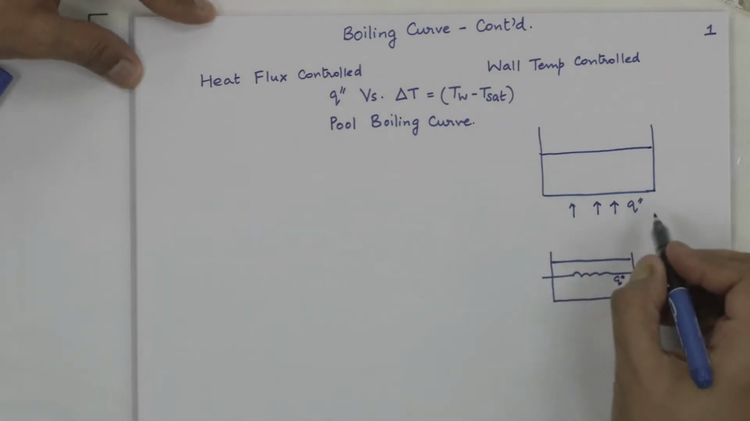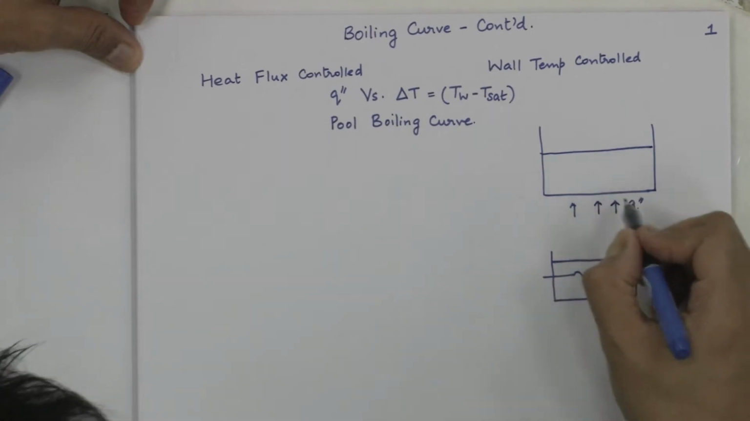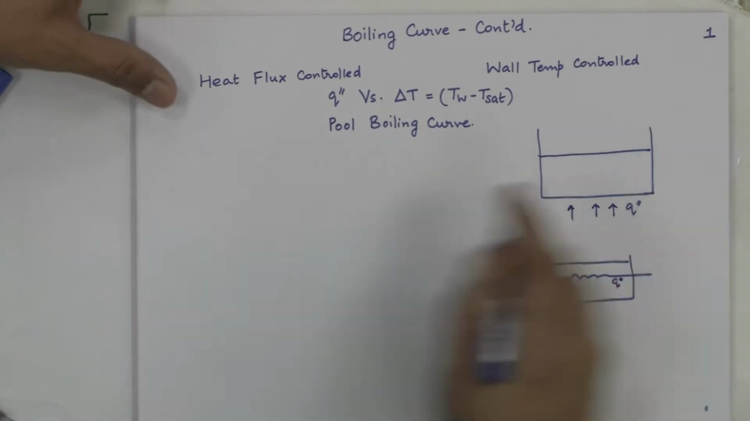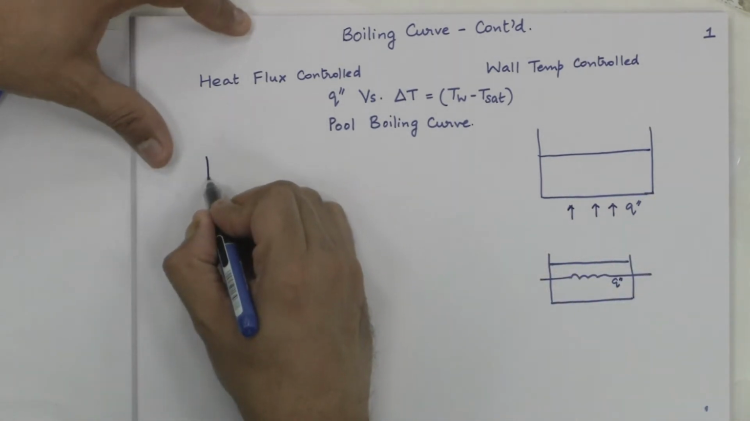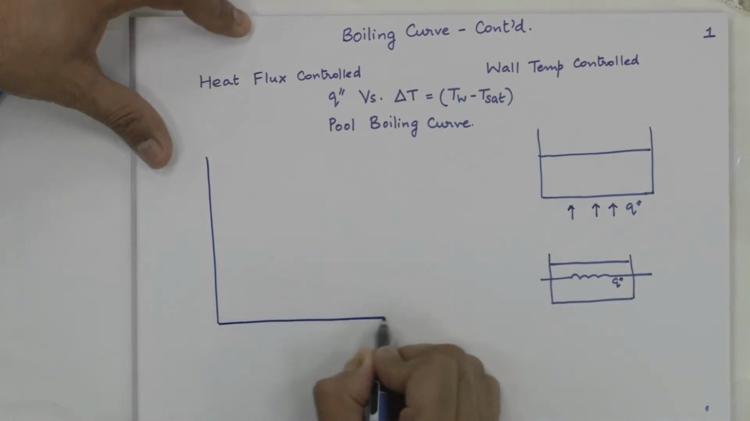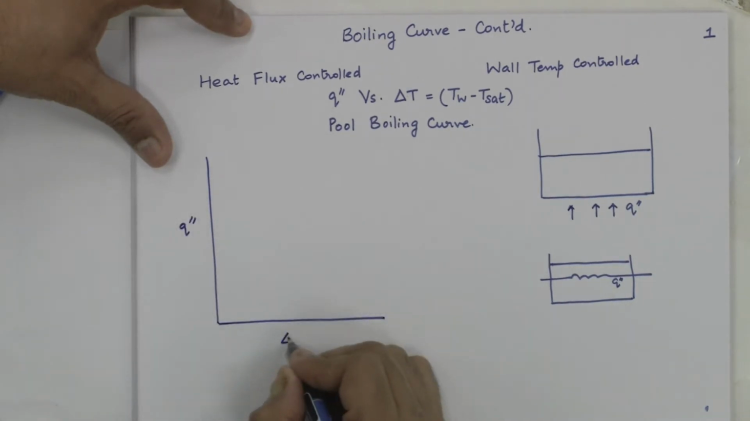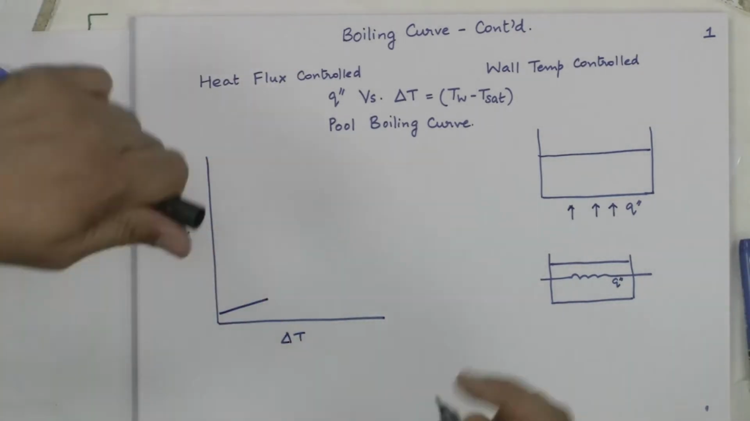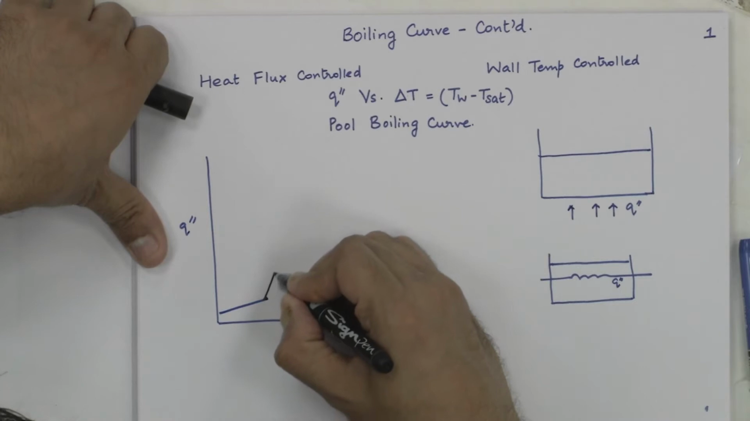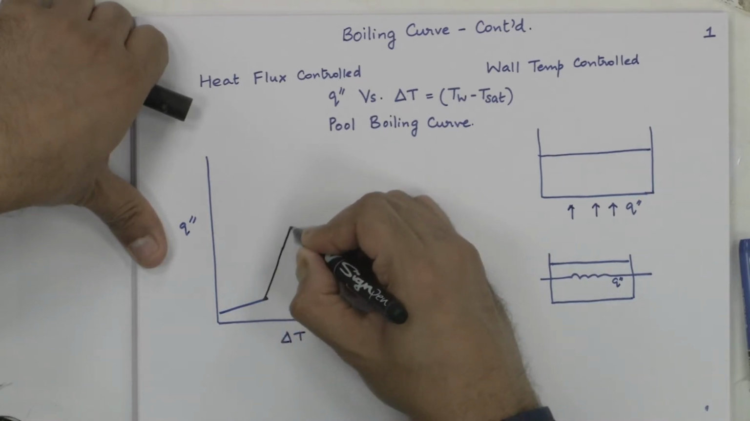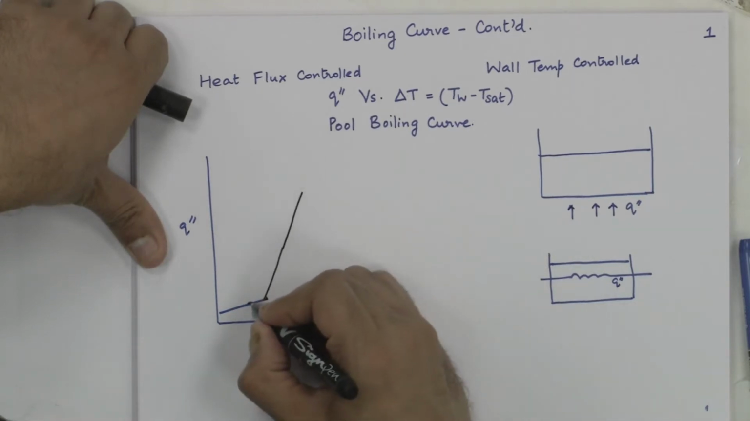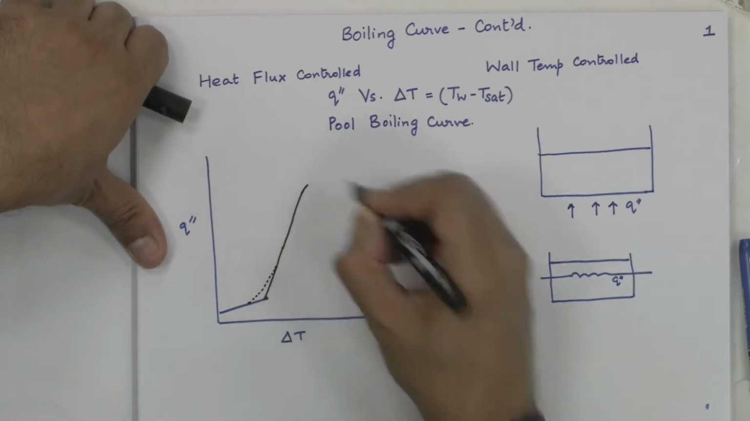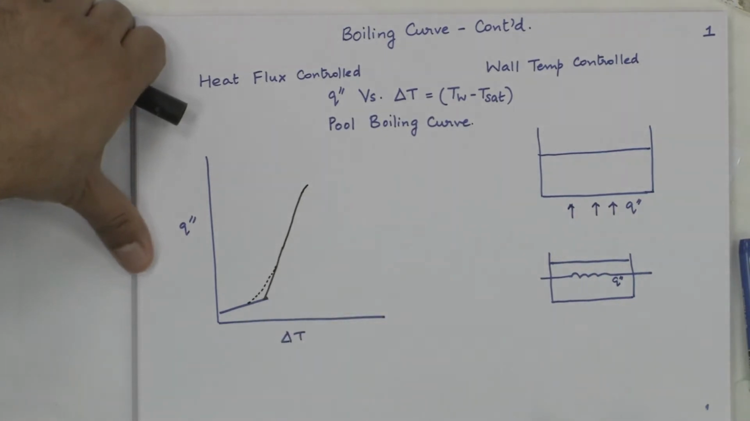In the case of the first one, where you are supplying heat from the bottom, say by means of a gas stove or something like that, you will encounter the following regimes: Q double prime versus delta T. We said this is single phase natural convection, followed by what we call nucleate boiling. We would start off with partial nucleate boiling and then go to saturated nucleate boiling,